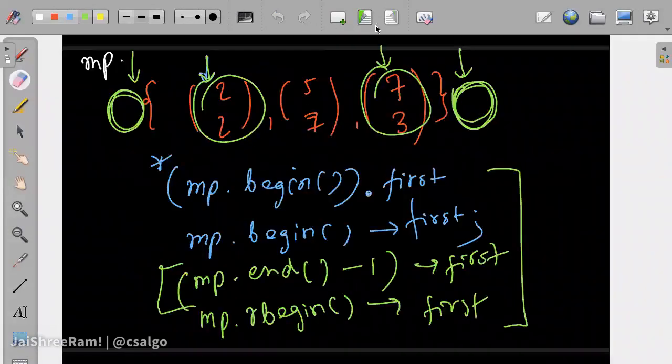Now, how do you find the sum of the values? Like, you know, the pair and frequencies. It's the same as previous. If you have just this map, you will have to loop over, multiply value with frequency, and sum it over all of the elements. But it might take a lot of time. It will be linear.